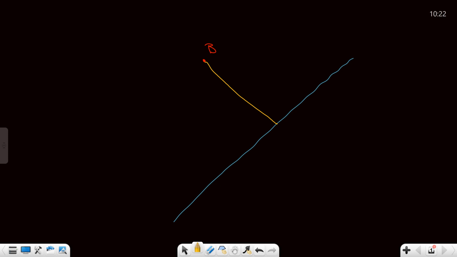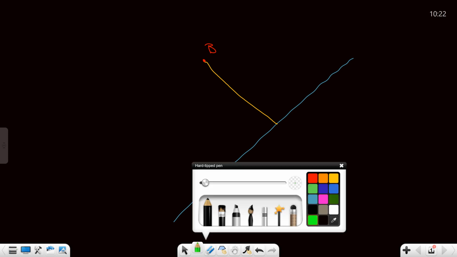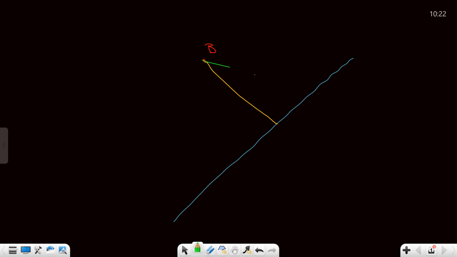But I have a question for you. Why? I just thought that it was the closest distance to the river. What makes it the closest distance to the river? So let's suppose you took a different path. Okay. Let's make your other path bright green. Let's suppose you did that. Why is his yellow path, the path that he chose, a better selection than the green path?